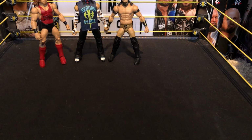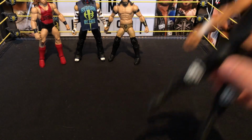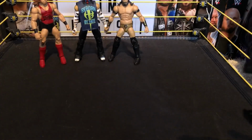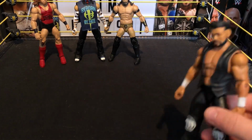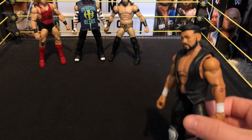Next, we have one of my latest customs on my Instagram, which obviously I said at Ferguson's31. We have a custom Andrade Cien Almas, and guys, I've wanted to make this custom for so long now. Andrade was one of my favorite superstars in NXT this year, and I really wanted a custom of him. And the only thing is, I would have liked to have a long hair head scan, but